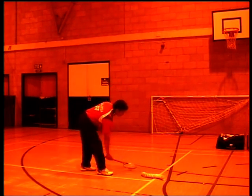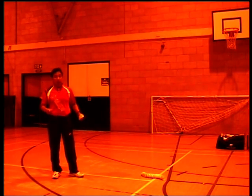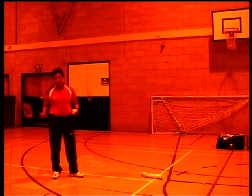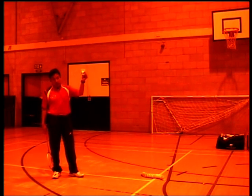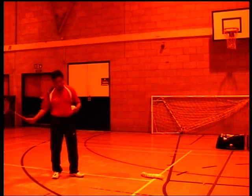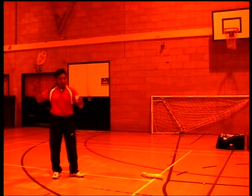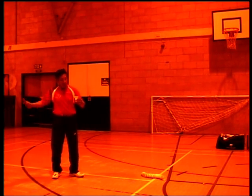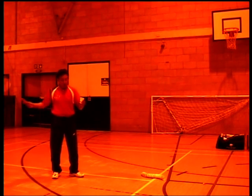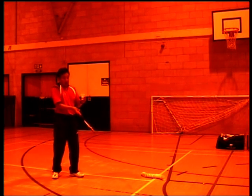Forehand serve, achieved by standing sideways with your non-racket foot leading and your racket foot pointing out to the sideline. Shuttle held in your hand so, and dropped down your racket side. Racket starts off here and swings in a semicircle from here to here, striking the shuttle at the bottom of the swing, in front of the body, roughly level with the knees, or slightly above the knees, there,